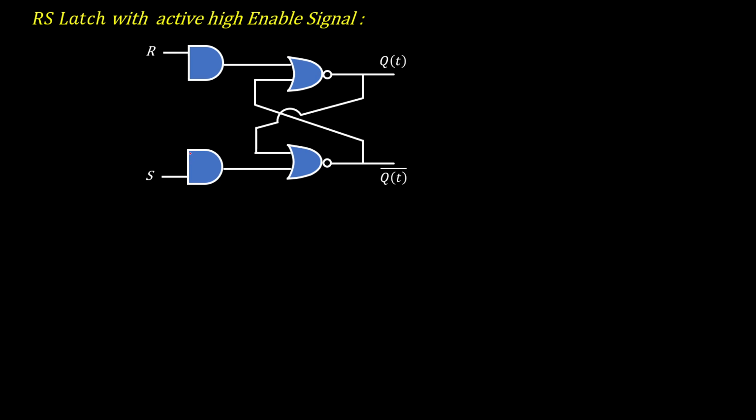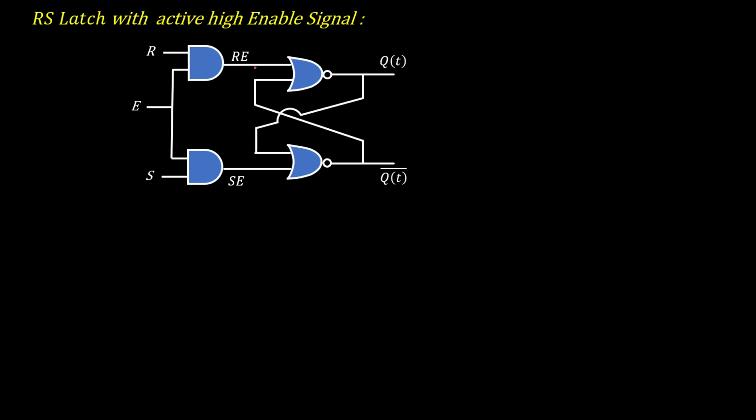For the other input we will use the enable signal. Here E is the enable signal. Output of the first AND gate is R and E, and output of the second AND gate is S and E, SE